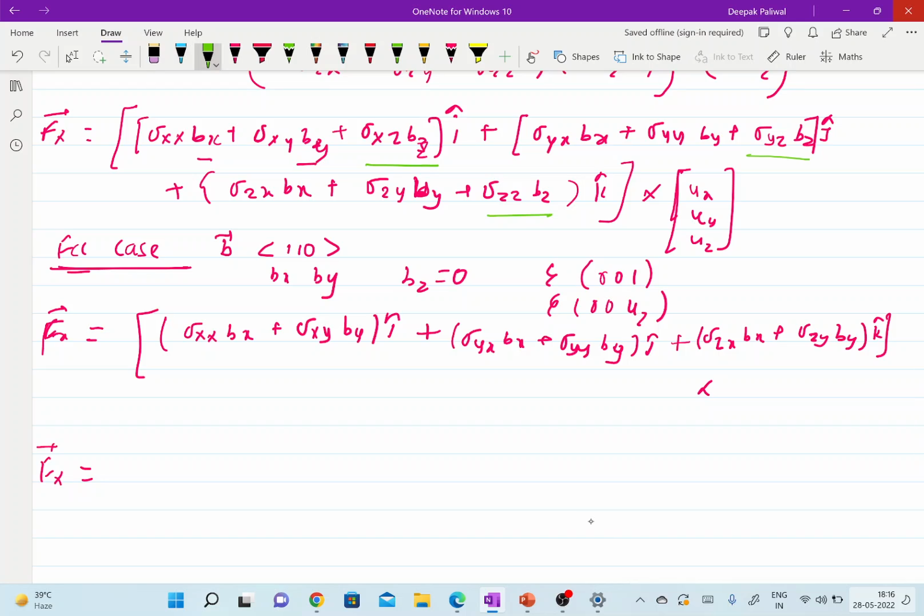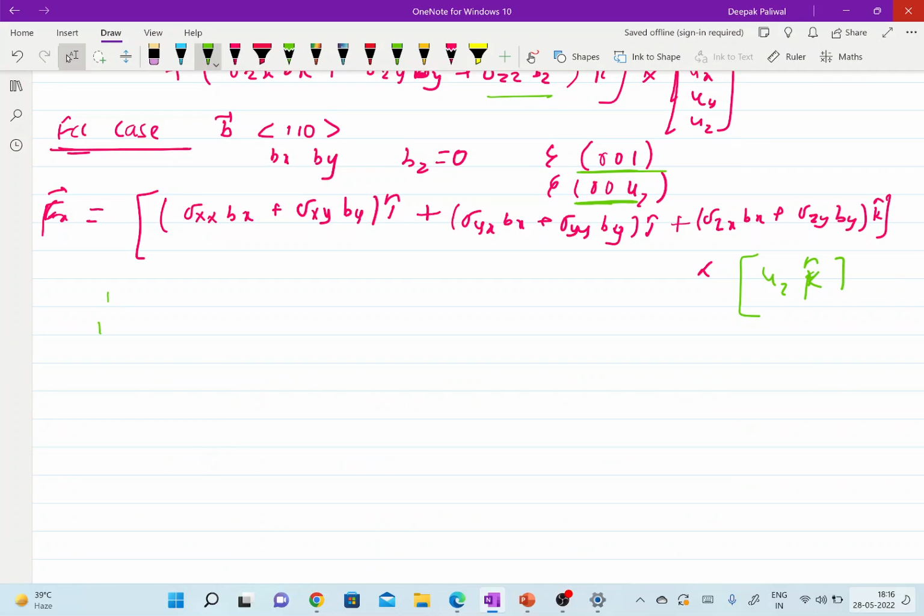I can write like uz k cap, because we have only this one. So let me write more correctly, uz. Okay, so now just do the cross product. Before doing the cross product, just revise our understanding regarding the cross product. Just let me write here, like